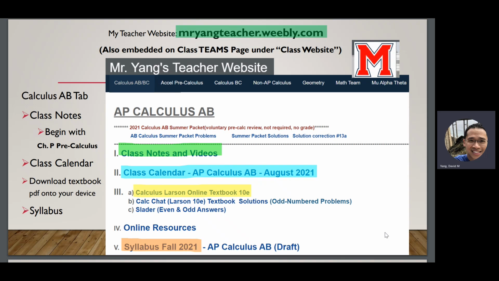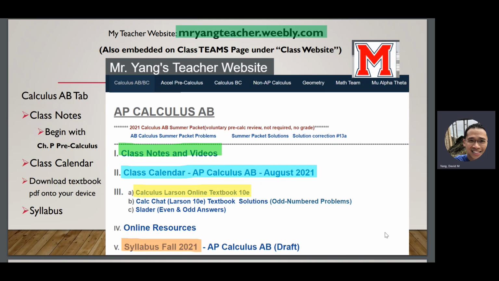If you happen to miss a day of class, everything on the website will be up to date, so the hope is that you can still keep up and not lose a day of instruction simply because you weren't in class.